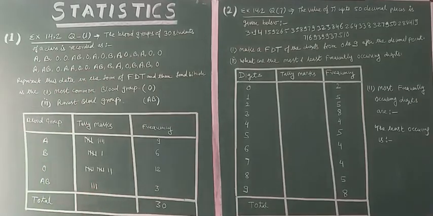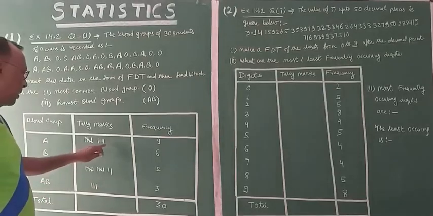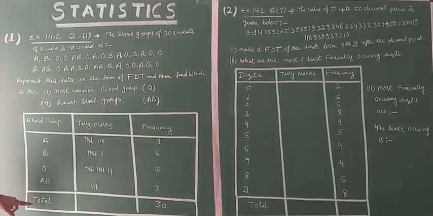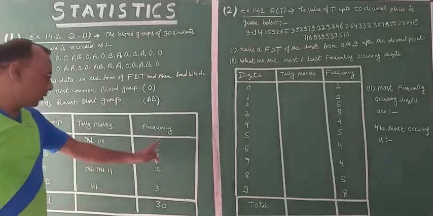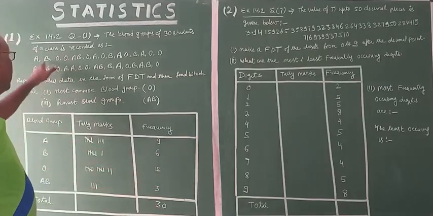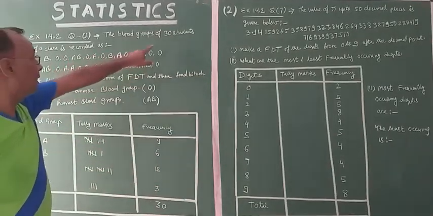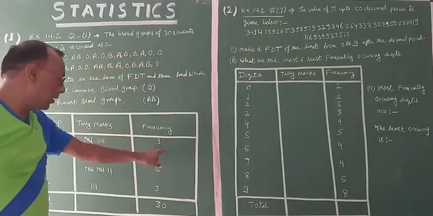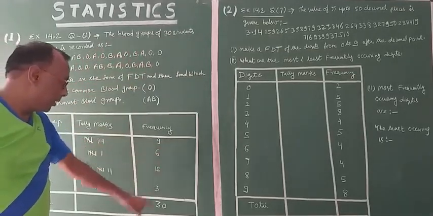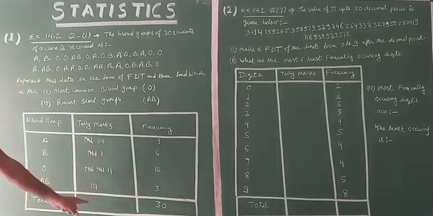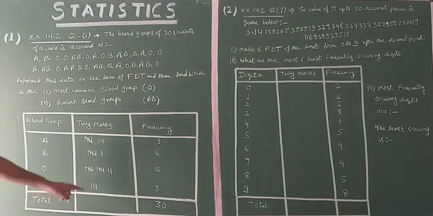And then you will write the frequency like 9, 6, 12 and 3 in this way. Now this is the row where you have to write total. Just look at the total. This total should be equal to these numbers. So you are given here that 30 students are there, then 9 and 6 is 15, 12 is 27 and 3 is 30. Okay, and here you can also draw the tally marks. So 30 tally marks are there.